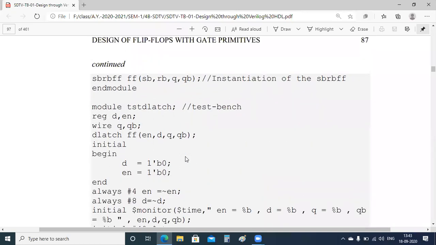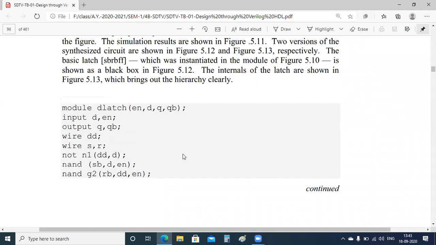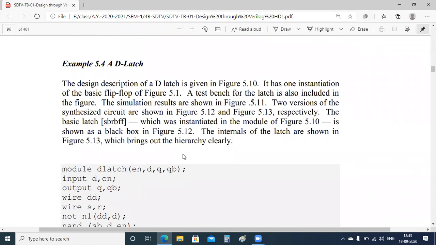Okay, for getting the D latch, it will have an enable signal. D is the input. Q and Q bar are the outputs. So what are the inputs now? D and enable are the inputs, and Q comma QB are the outputs.